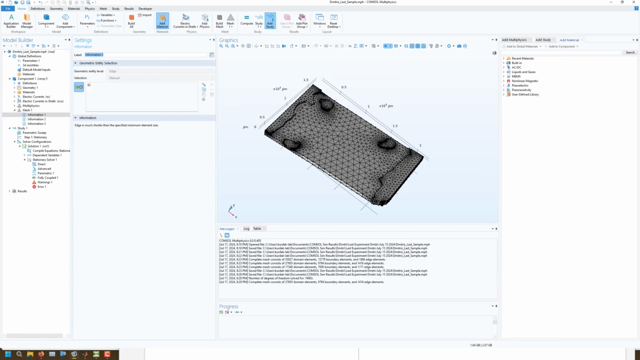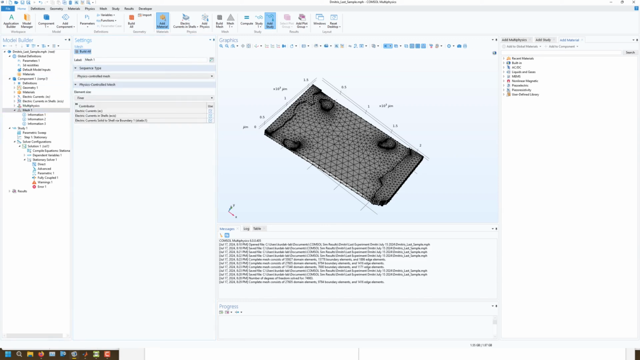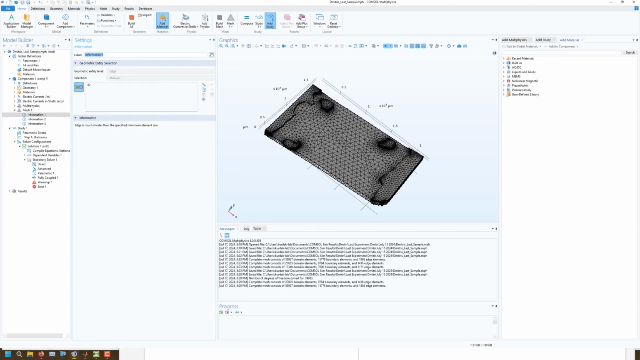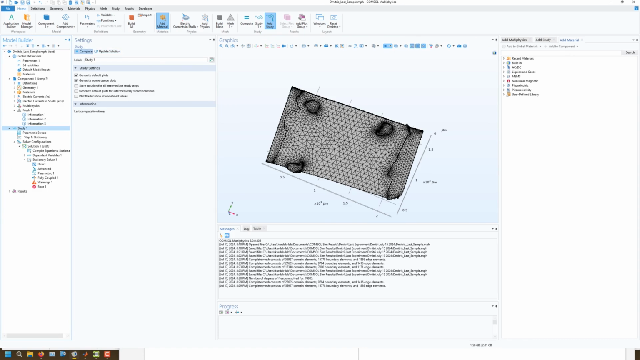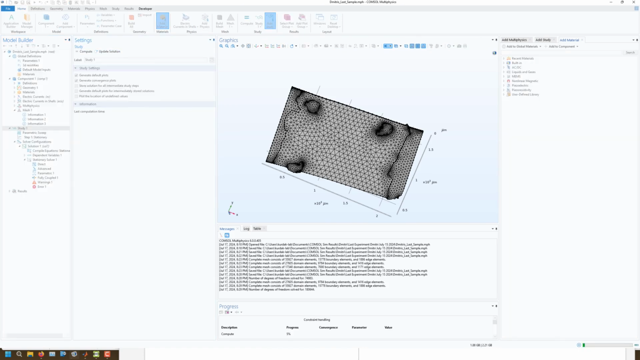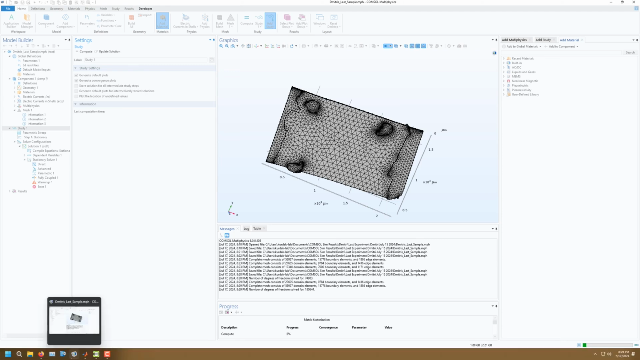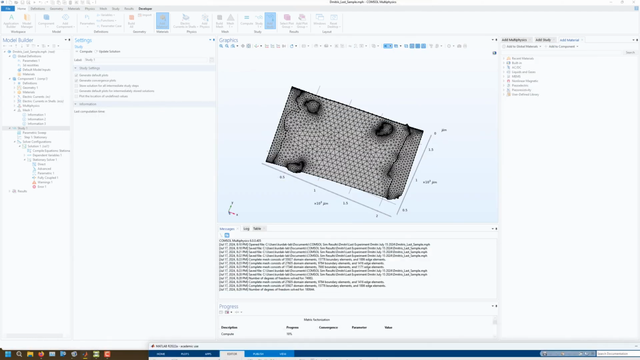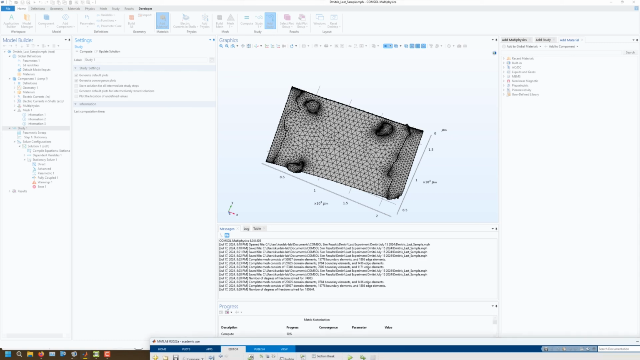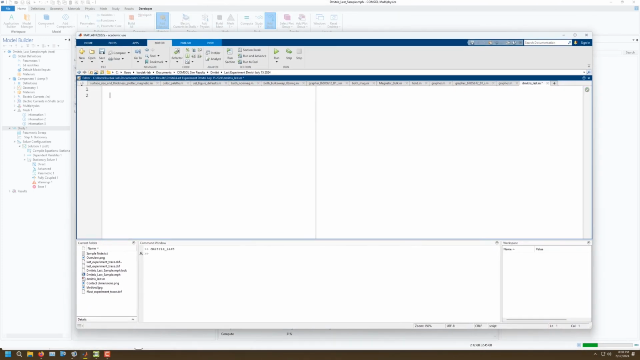I'm going to give it a finer mesh. I'll go extra fine. Let's see if this fixes it. Back to MATLAB. Well, it seems to be working so far. Okay, so the data is equal to, well, first,